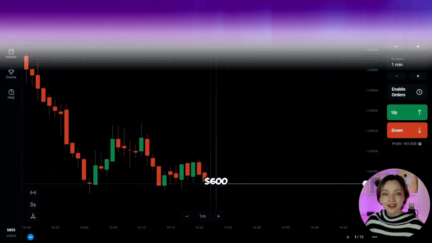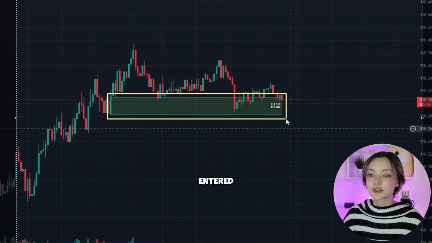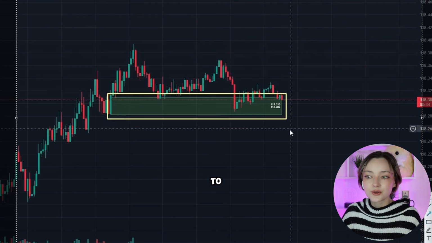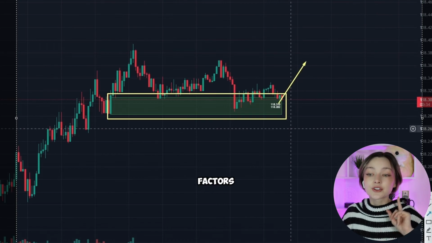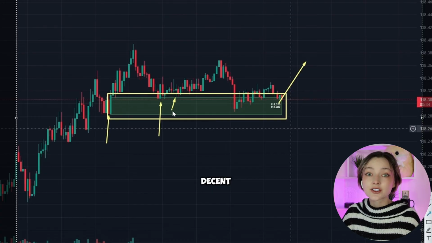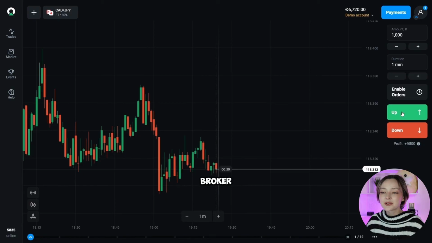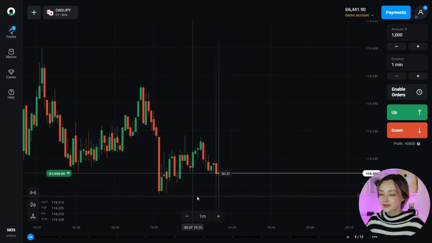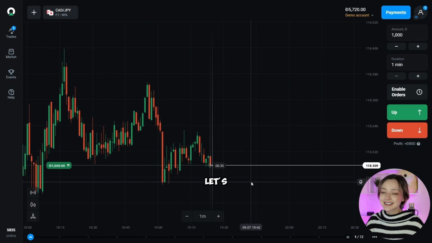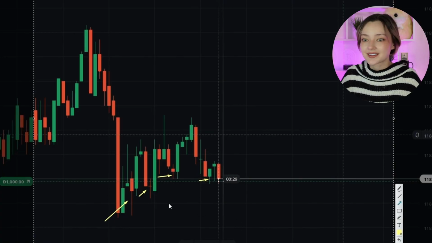of $600. So another case for us to work with, I can see the price has entered the support level where I expect it to move up. As confirming factors, I can see that there were a lot of reactions to this level, which proves the decent strength of it. Let's open the broker and place a trade. Our trade is placed. Let's take another look at the candles. We can see candles with large shadows at the bottom, which confirms a strong buyer's presence that will keep pushing